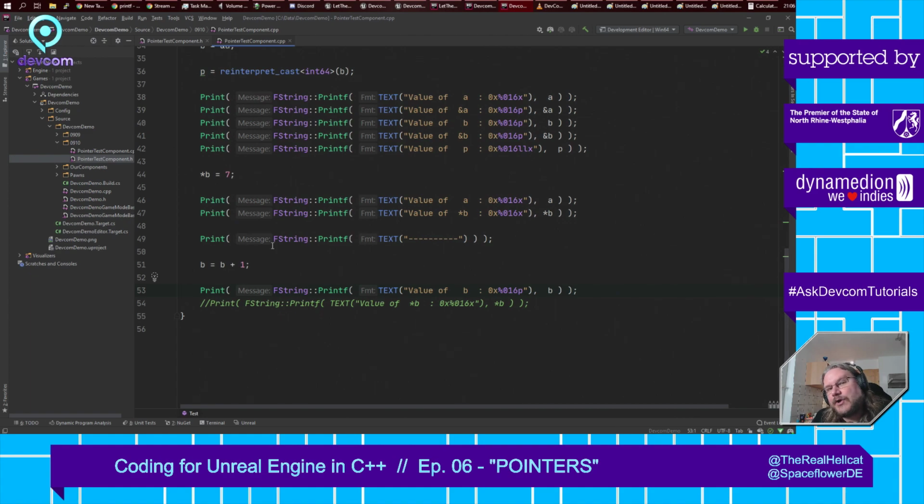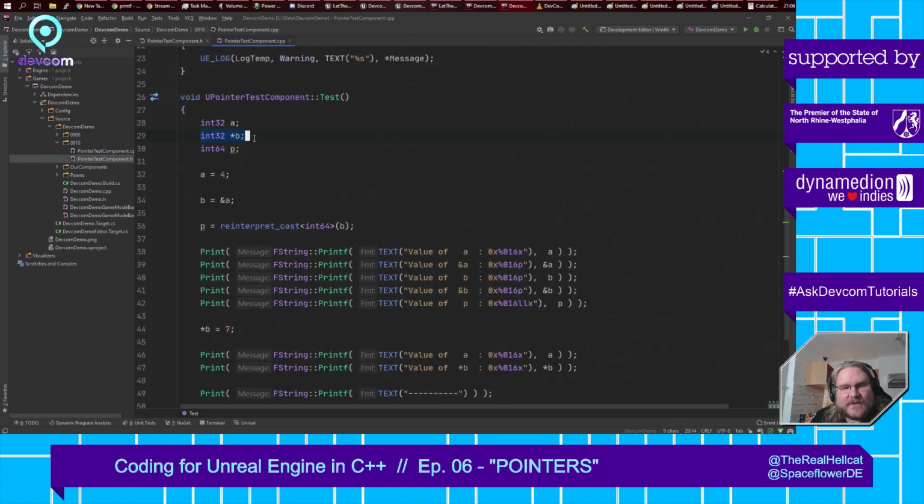The compiler knows, and this is why there is such strict typing, because the compiler always needs to know. The compiler knows that in B, we have a pointer to a 32-bit integer. Well, actually, it doesn't matter to what. This can be a pointer to Schnitzelsalat for all it matters. It really doesn't matter. This literally could be a Schnitzelsalat pointer. But